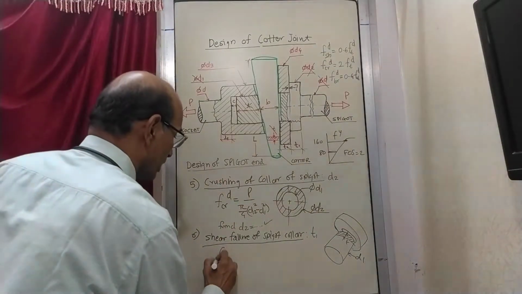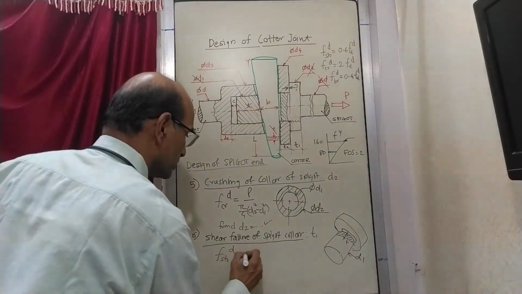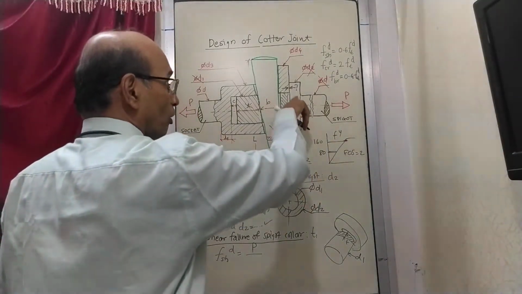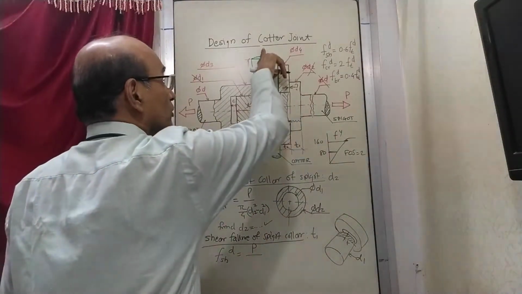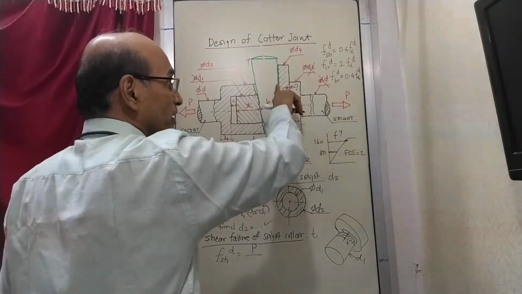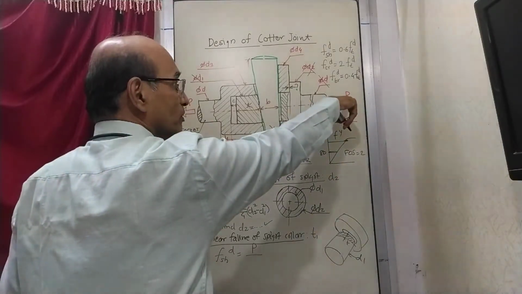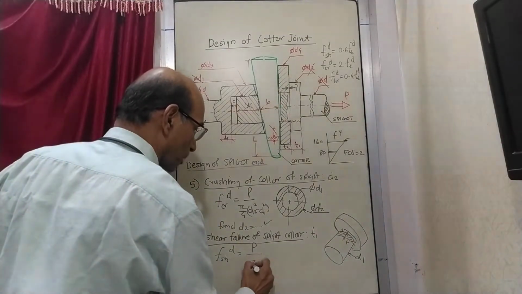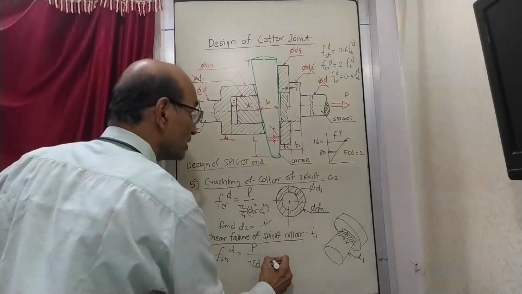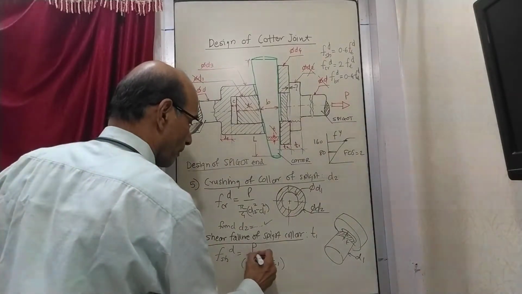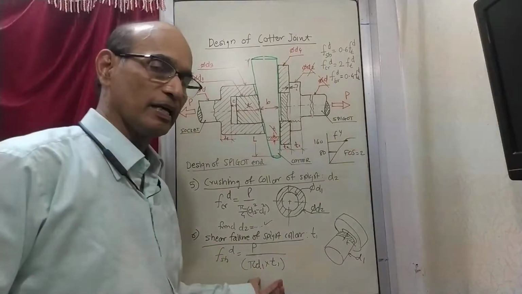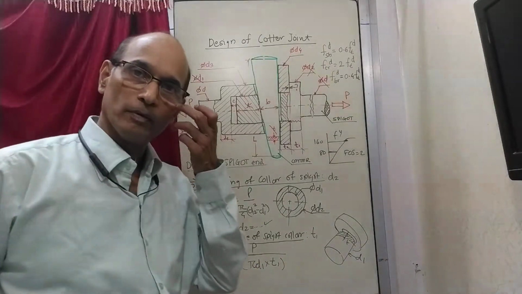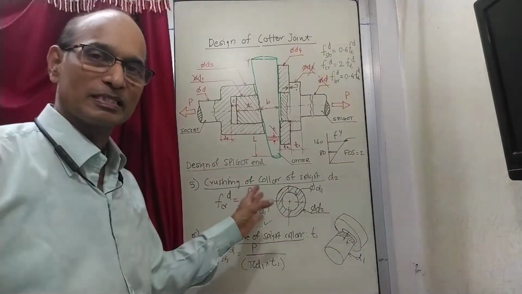So I'll write here the shear design stress is equal to load P upon the resisting area. Now again, load P is not the one which is causing this. What is causing it is the load which has come because of the hammering, but because that value is not available, we are taking the higher value whichever is available here. And then the resisting area is how much? Circumference, pi d1, into the thickness, that is t1. So this resisting area equation you have to write properly like this, and then only your problem will be solved.